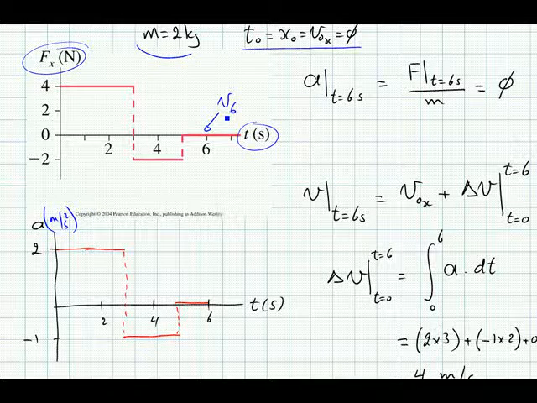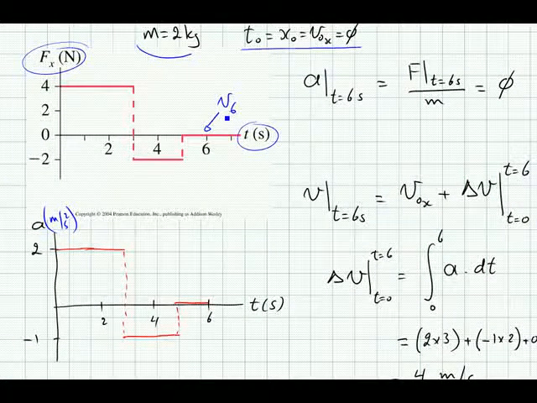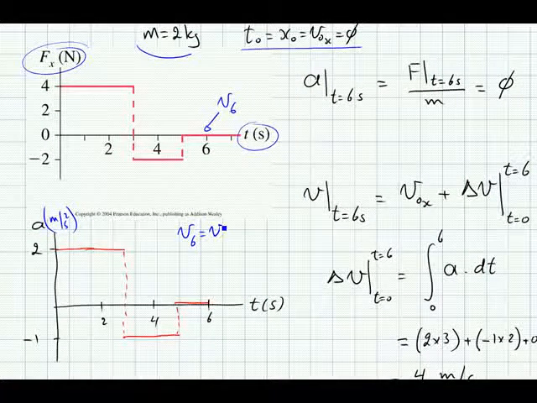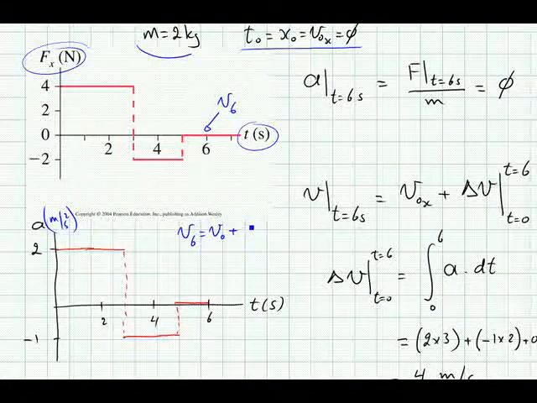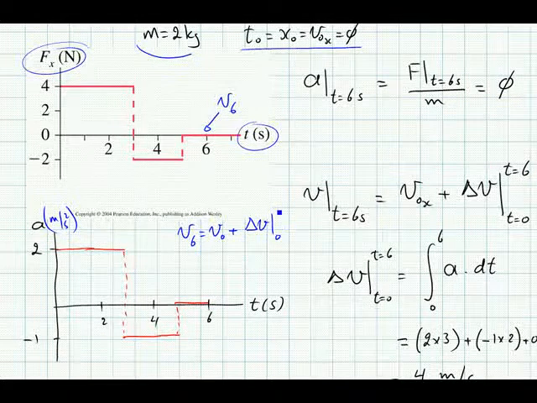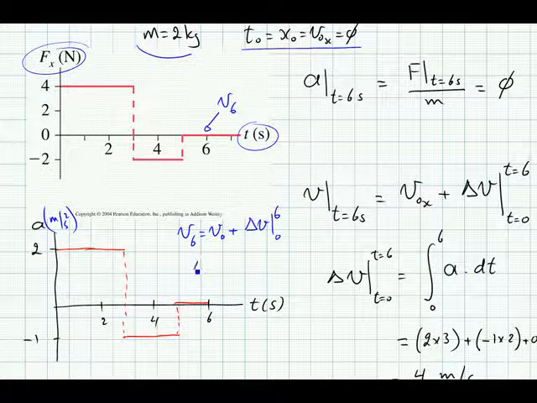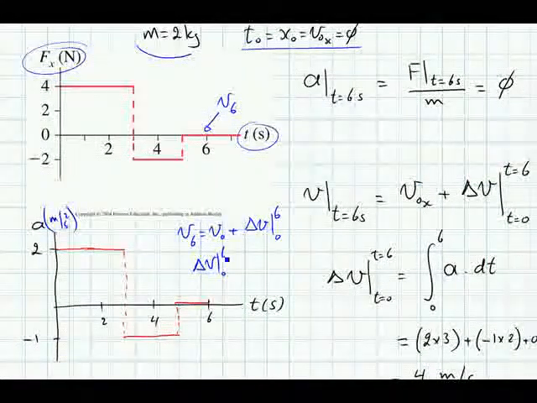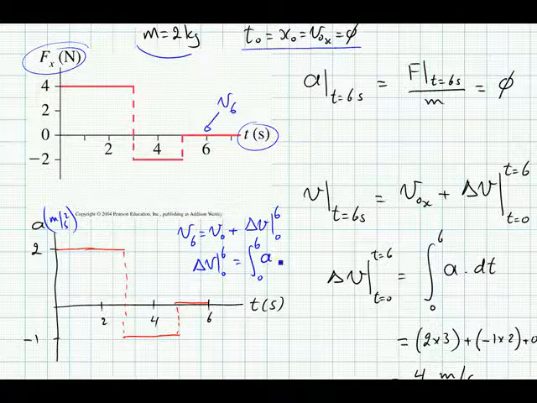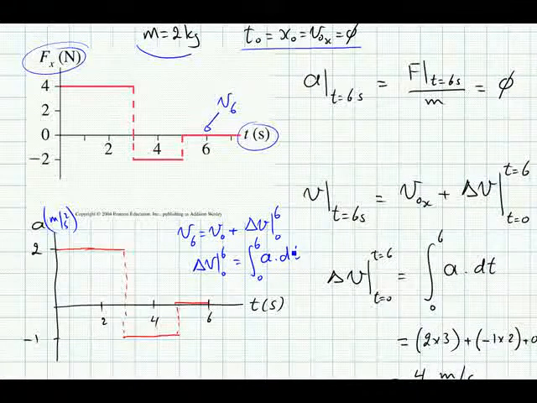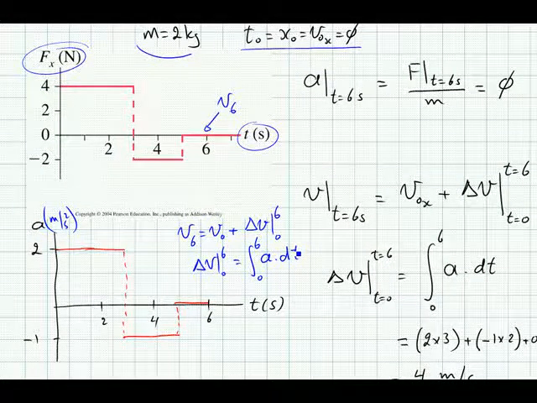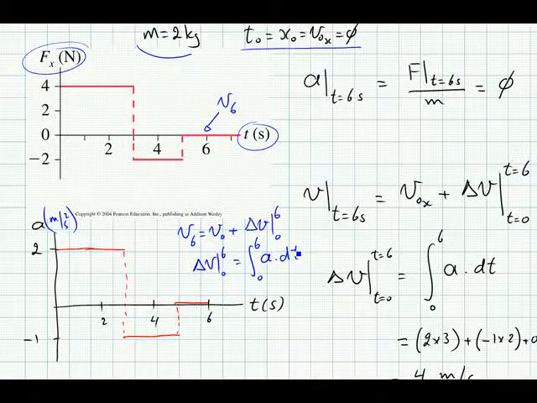Well, to figure out the velocity at 6 seconds, we know that the velocity at 6 seconds is equal to the velocity at 0 seconds plus the change in velocity, delta v, from 0 seconds to 6 seconds. Well, the change in velocity delta v from 0 seconds to 6 seconds is the integral from 0 seconds to 6 seconds of acceleration dt, or the area under the acceleration versus time curve from 0 seconds